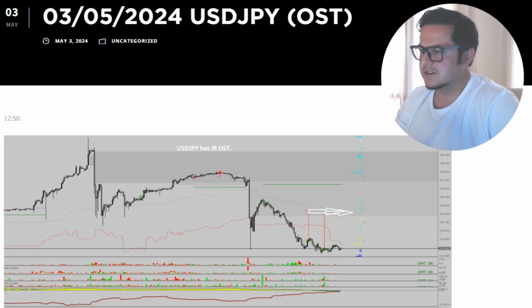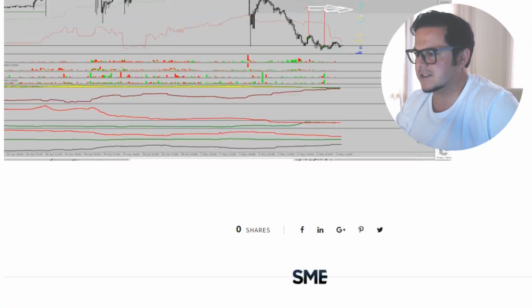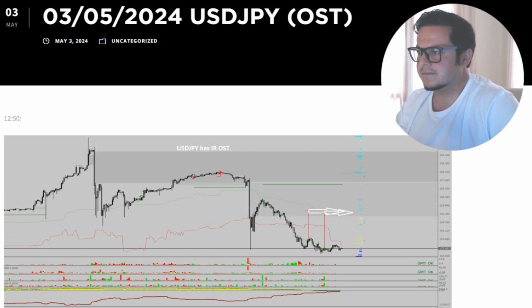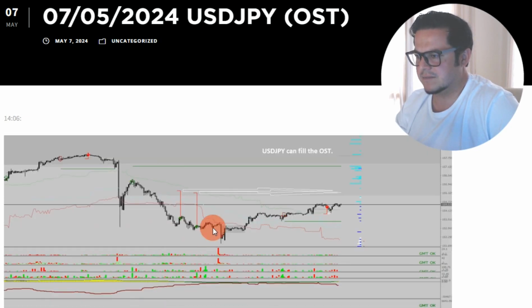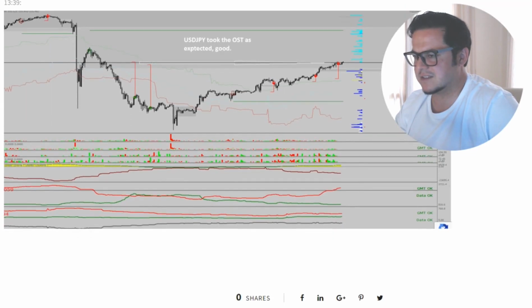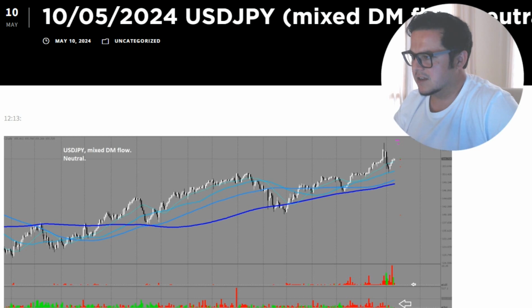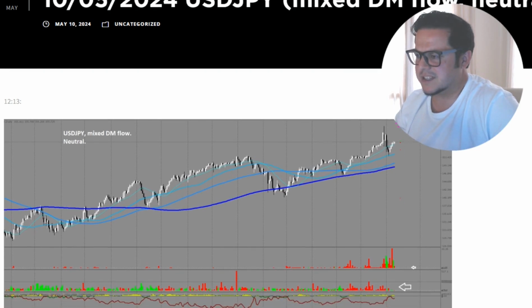Beautiful. Dollar yen, one of the best ones. On the 3rd, we have 2 long option strike targets, long. Everything aligned. Okay, we have the shorties slowly leaving. So we know they're going to take those out. Boom, on the 8th. One of the best trades, okay? I made very good pips here with this move towards the OSDs. And it took a few days, which is fine. But it went exactly to the target. So this is interesting, and we're going to see it in the other yen pairs.